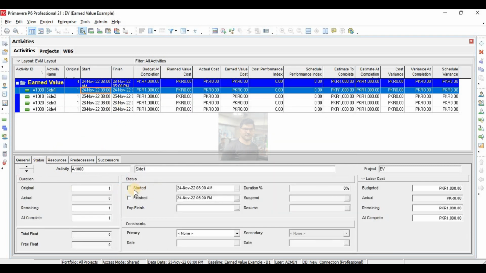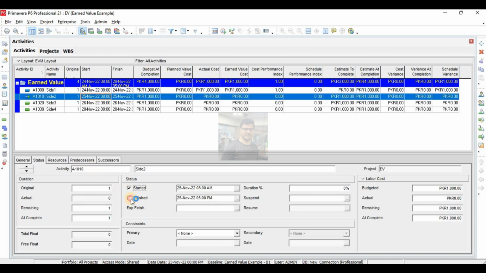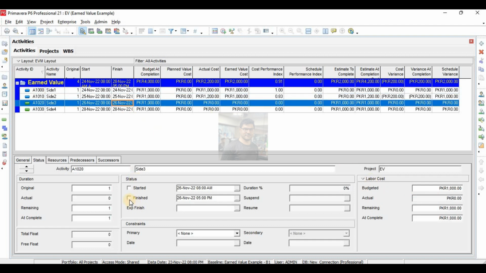This is side 1. As in example, this was all completed and 1000 was spent, and this activity side 2 was also completed, but it took 1200, and side 3 was 50% completed, and it took 600.